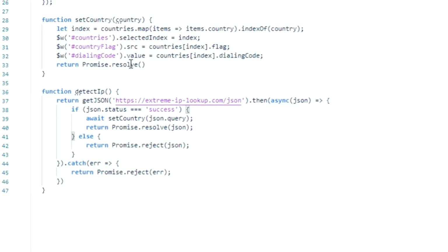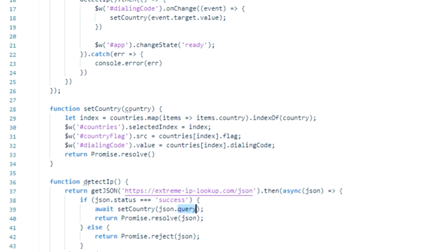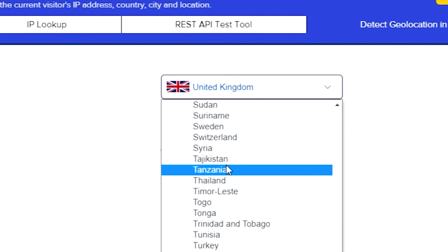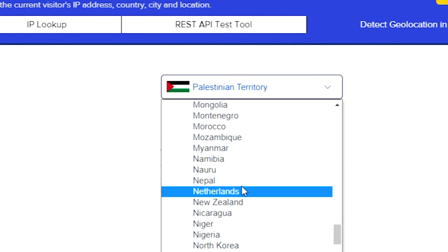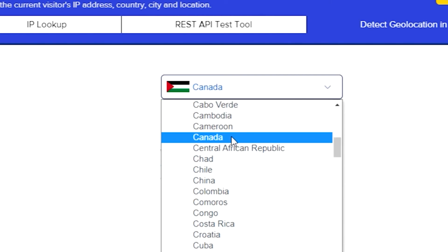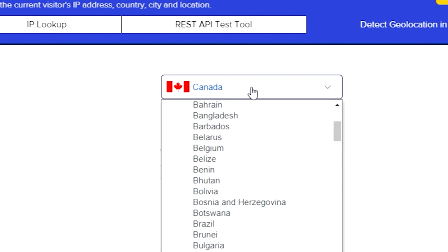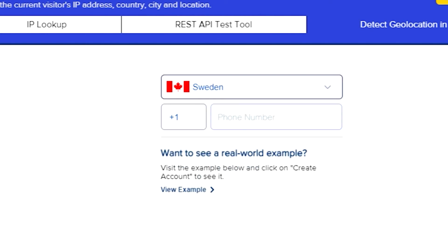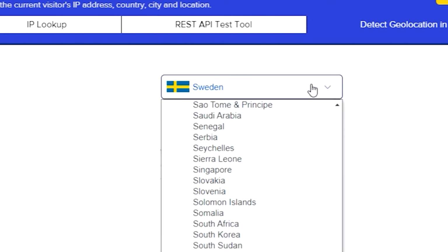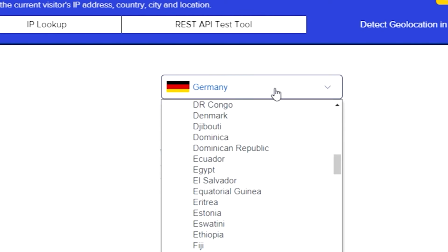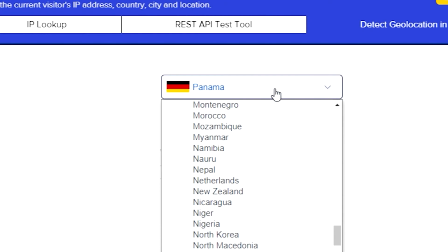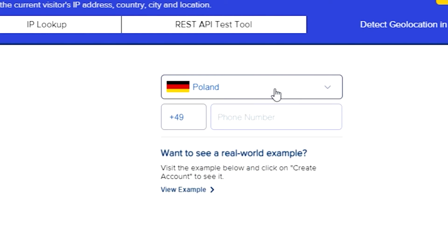Sorry, I have JSON country. If we selected another country, let's say Palestinian territory, it will change the dialing code and the flag. Let's search for Canada, of course, Sweden, Germany, Poland, come on, Poland,